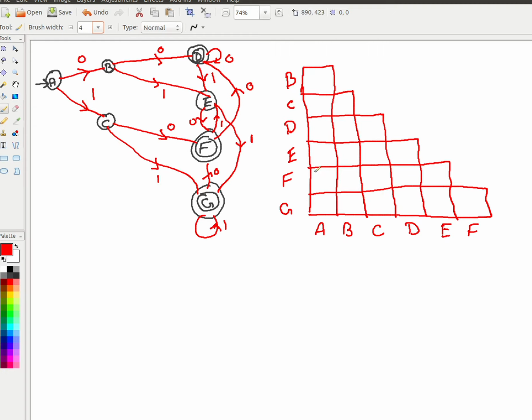Now we're going to cross-mark the states which are distinguishable. With this table, in the first iteration, we will use the base case to do the marking, and then we'll keep using the previous iteration to see whether any new state is being marked as distinguishable. If after an iteration, checking all the pairs, no new pair has been marked distinguishable, you stop there, because after that you are never going to get any more.